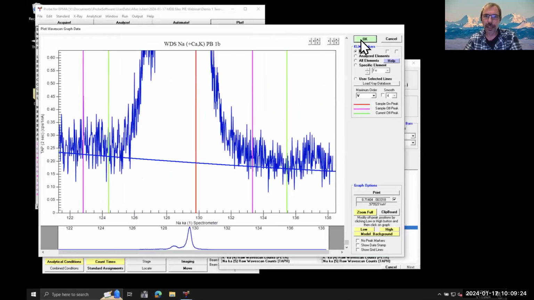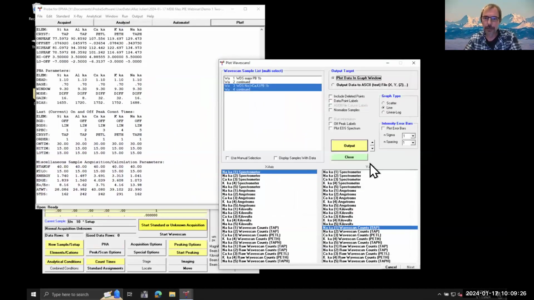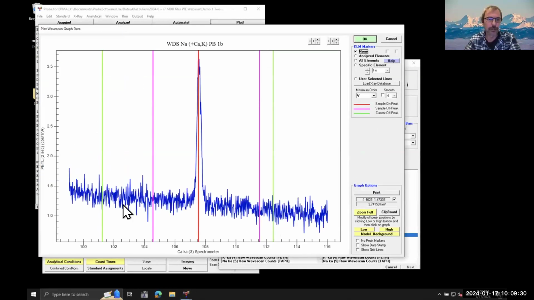So rather than spending time on this very simple setup, where every element is very easy to acquire, because you can see that even for my calcium, which is a trace element in this albite standard, we have here the two positions that I opt for and the peak position here in the middle. And effectively here, I think even if you apply a linear fitting, you'll still get accurate measurements on your